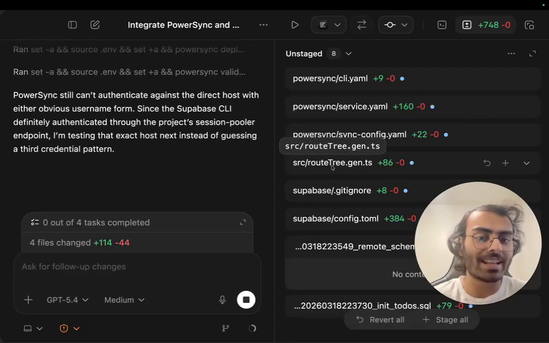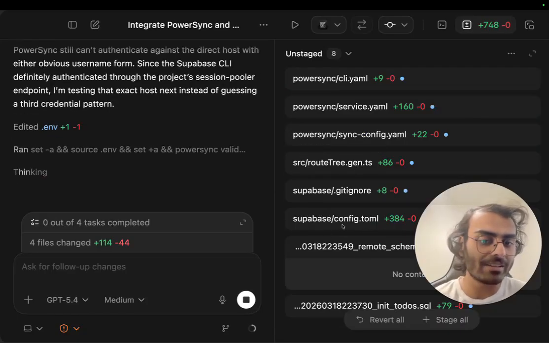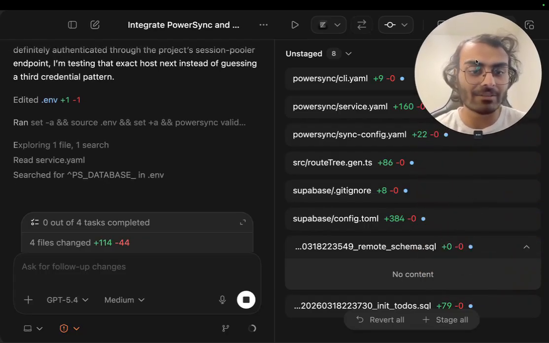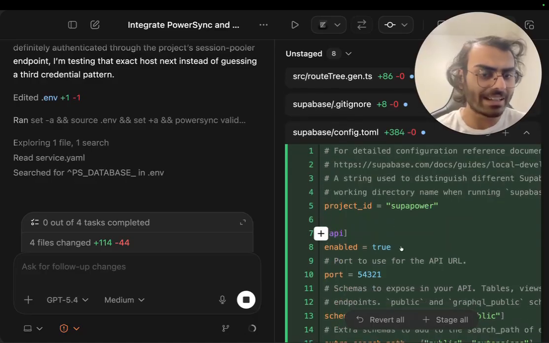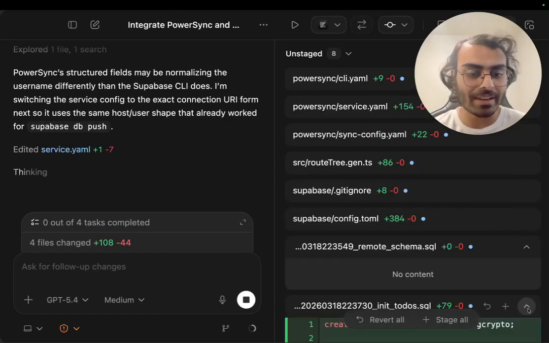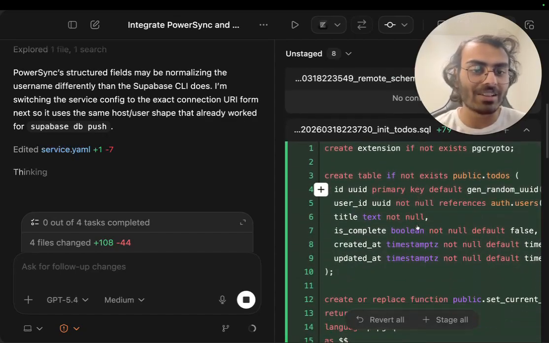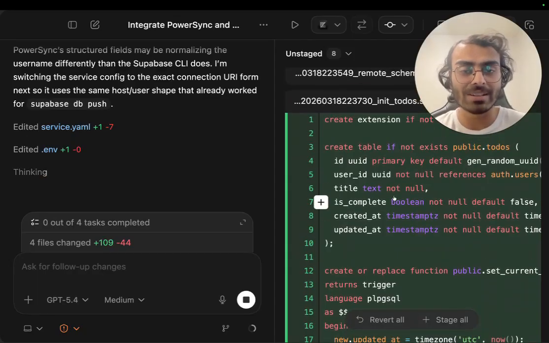Then we have our TanStack router route tree, which is automatically generated through its Vite plugin. We also have the Supabase folder in here with a git ignore and a config file. Let me move myself up here so that we can see what this file looks like. This is a pretty detailed file that has a bunch of different configuration for Supabase that we don't need to go too deep into. And next to it, we also have the migration file. This is the SQL file that's going to add our schemas and everything to our Postgres database in the